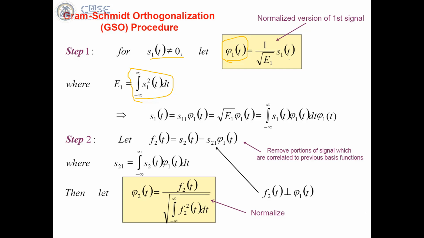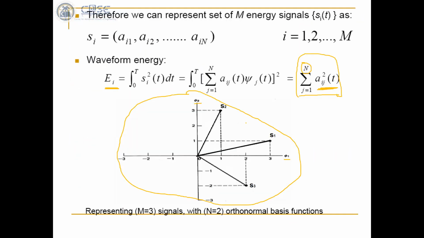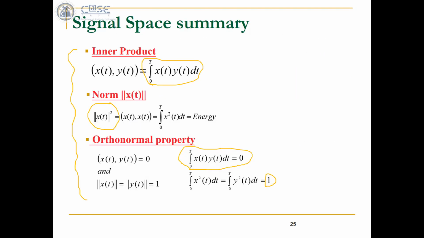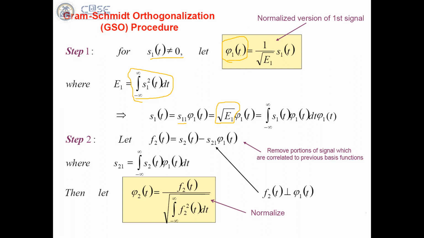That is, S1 of t is represented in terms of the basis function phi1 of t, where S11 is basically calculated as the under root of E1. How? If you use this formula to calculate S11, it is nothing but S1 of t times the first basis function phi1 of t. And you chose phi1 of t as S1 of t divided by under root E1. So if you substitute the formula, you end up getting S1 of t times S1 of t,